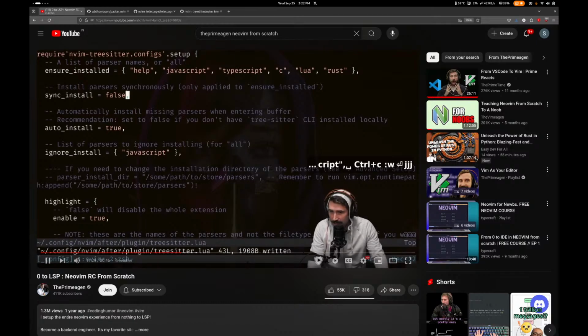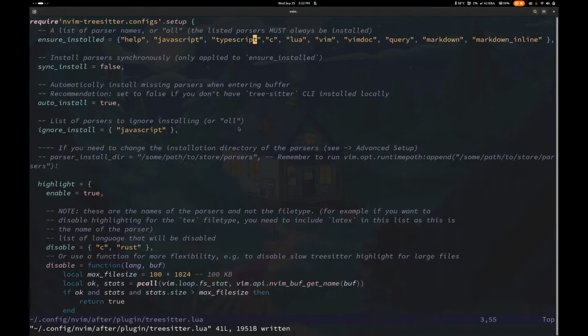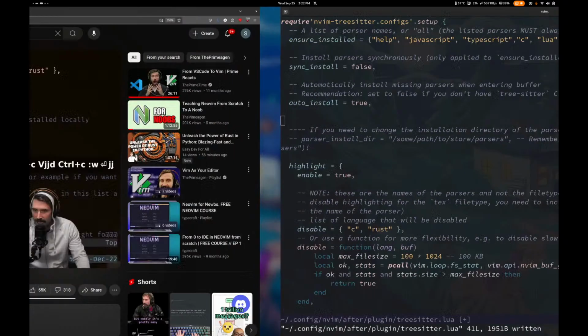Do I want to synchronously install it? No. Auto install, true. Ignore, get the hell out of here. Erase that comment, I don't even know why I need it. Enable,